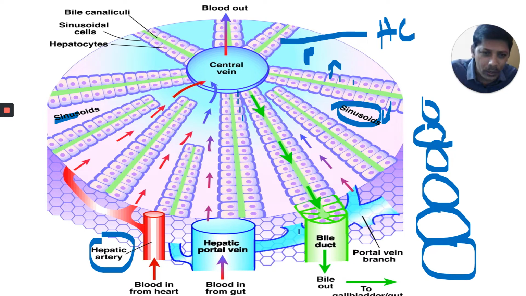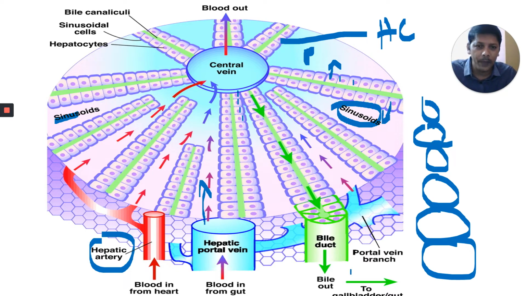And look at another one here. This is the hepatic portal vein. The hepatic portal vein comes from the stomach and small intestine to the liver. The hepatic portal vein also releases its contents into this space. There is no blood vessel here; it is releasing into the open space. These open spaces between the hepatic cords are called sinusoids. It is important: sinusoid.